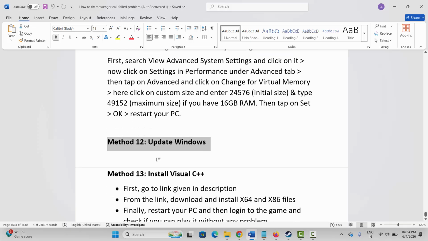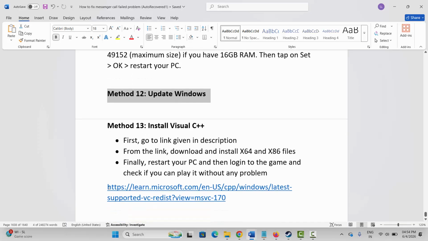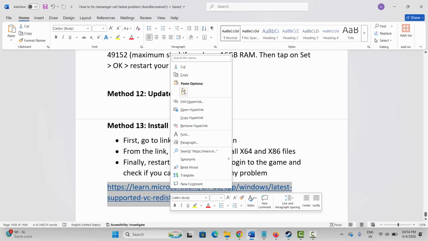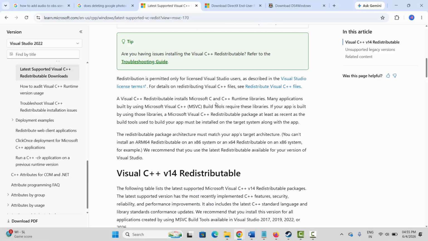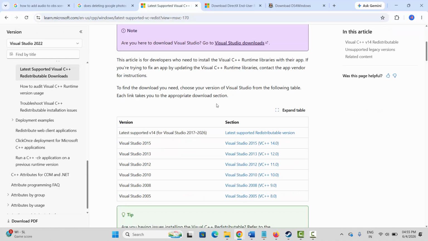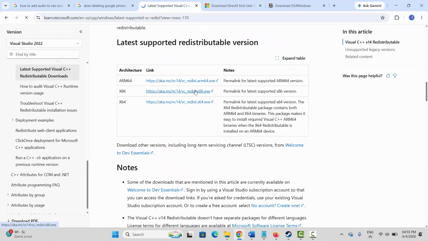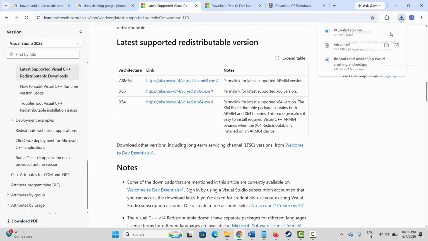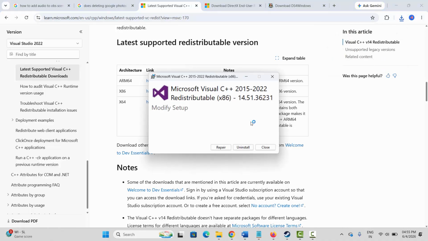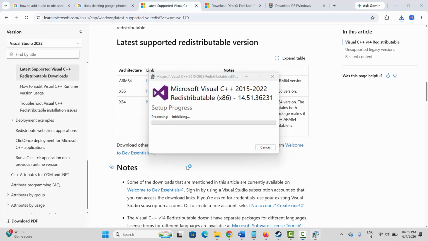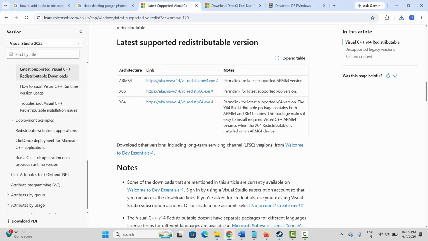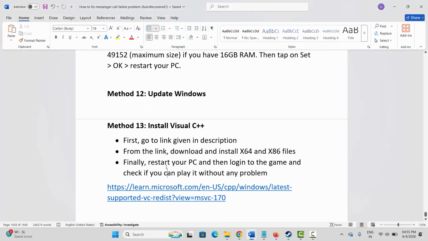Next is to install Visual C++ files. For that, I have already provided the link in the description. You simply have to copy and paste it in a browser. After the website opens, go below. From here you have to click on the link to download. Once you download Visual C++ files, open it. You will get repair or install option. Click on it, click on yes, and wait for some time. Once it is finished, after you get setup successful message, close this. Now restart your PC. Once your PC restarts, log into the game once again and then check if you can